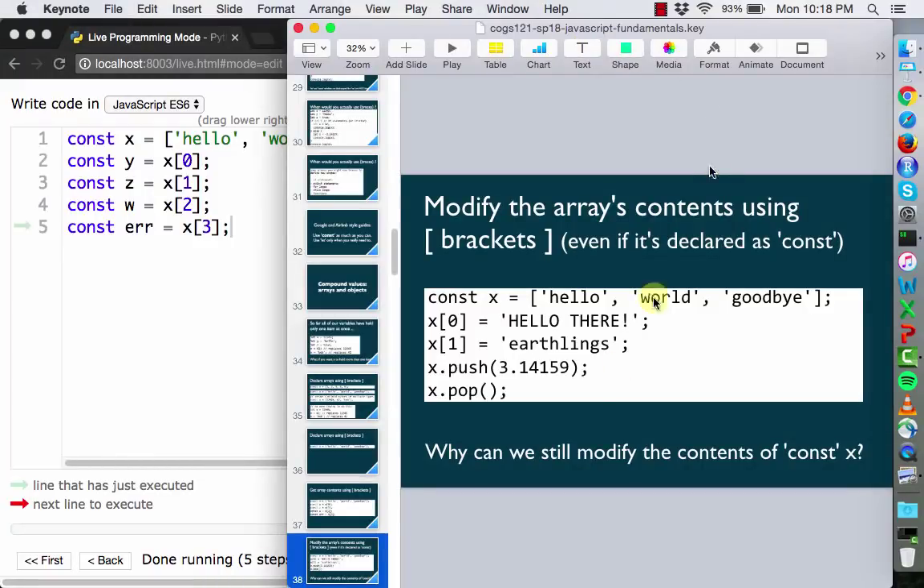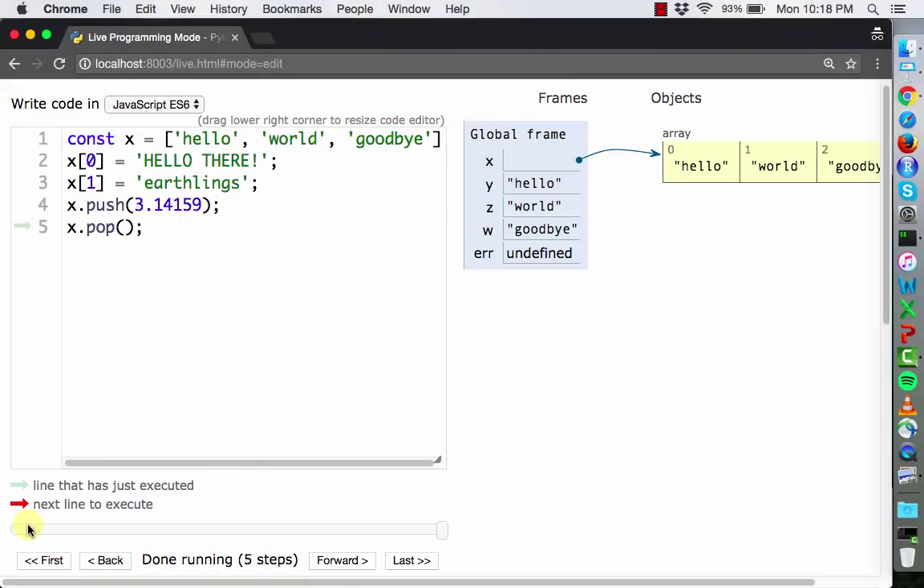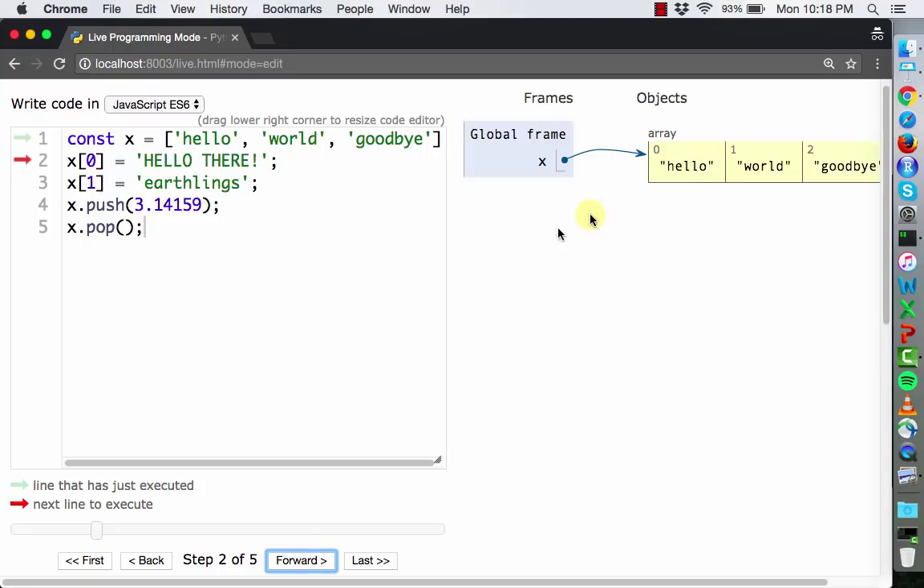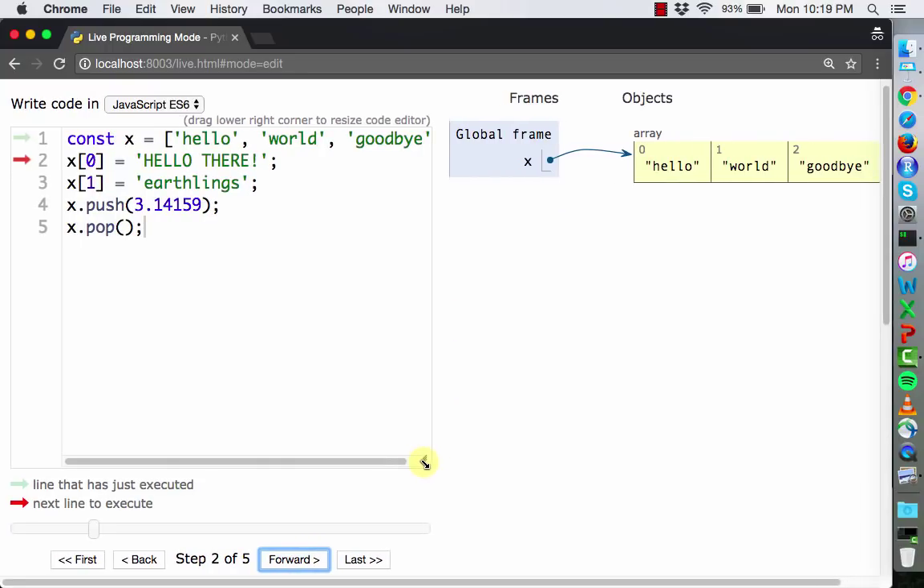So let's do this. We're going to do hello world goodbye again. Const x is hello world goodbye. So let's run it. So now x is hello world goodbye. I'm going to shrink this a little bit so it fits on the screen. Okay, so now this line says x0